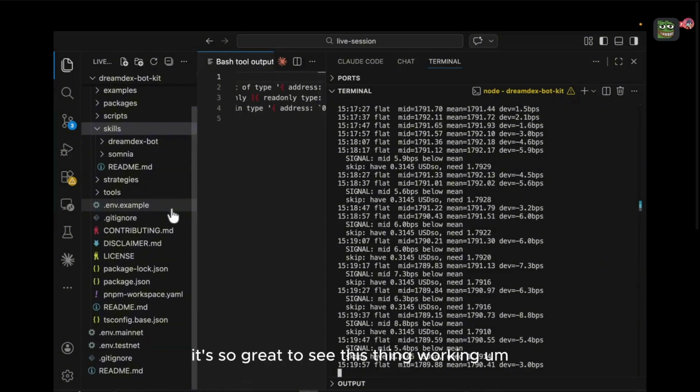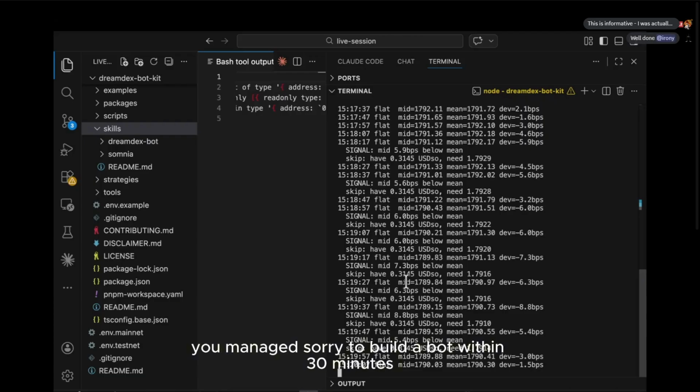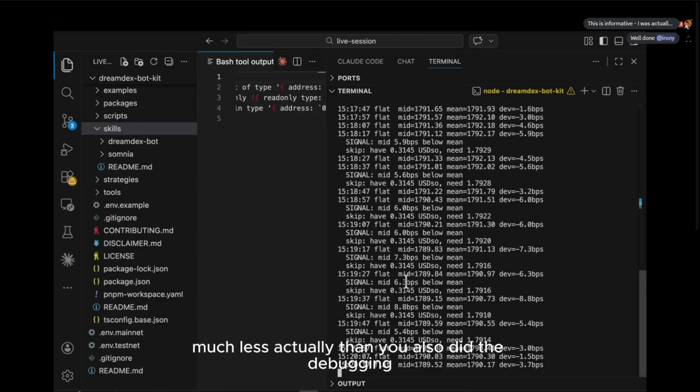Yeah, awesome. It's so great to see this thing working, because it's actually doing that. So I think we can definitely say that we managed to build a bot. You managed, sorry, to build a bot within 30 minutes, much less actually, and you also did the debugging, and it's all working.